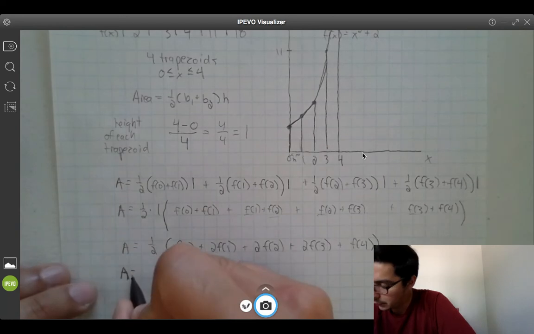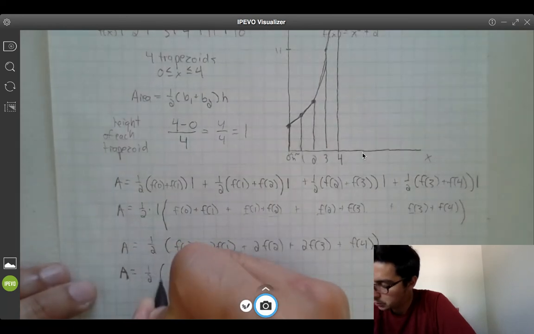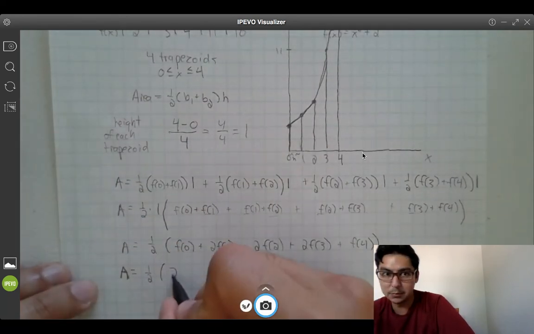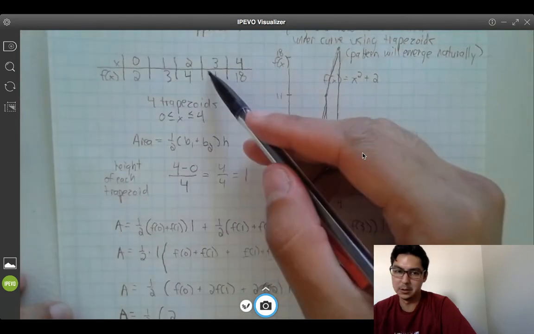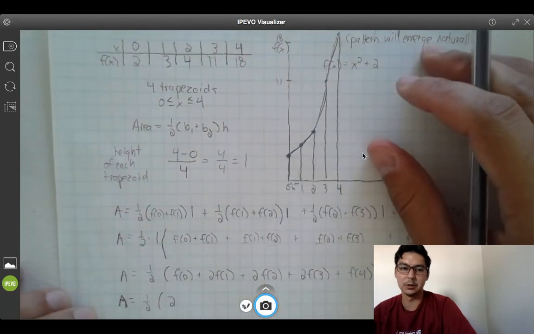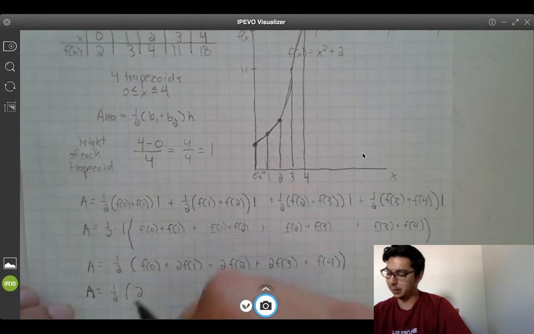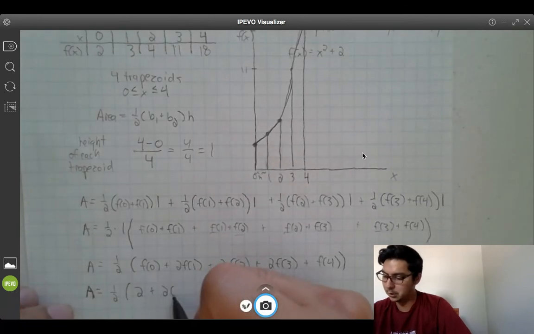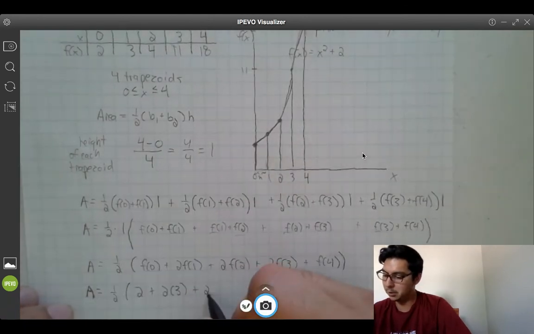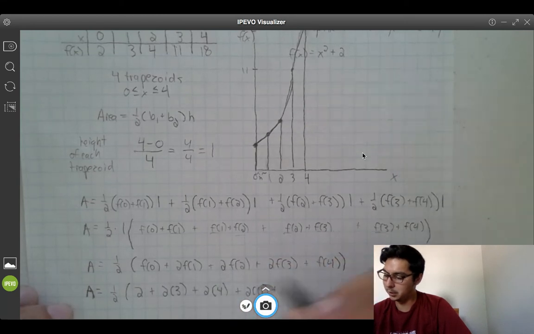So we would have area is equal to 1/2 f of 0, which is 2. And I'm using my table right here. So 2. Make sure my face isn't in the way in the bottom left. I realized I made that mistake on the last video. Plus 2 times 3, because that's f of 1, plus 2 times 4, plus 2 times 11, plus 18,